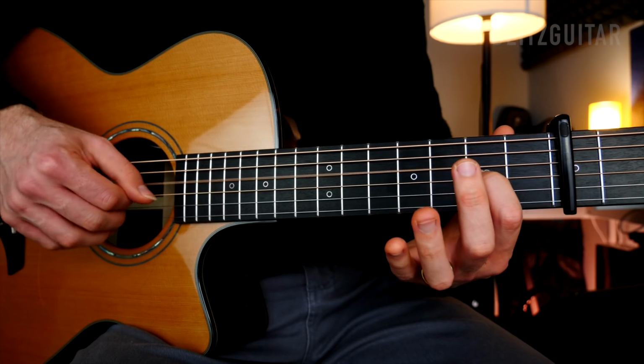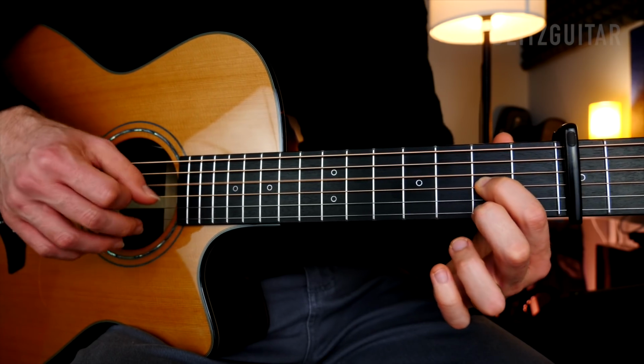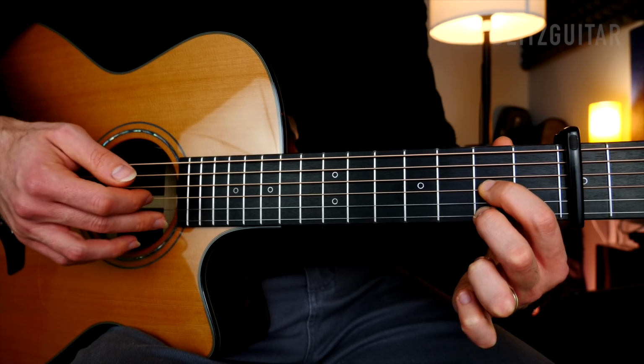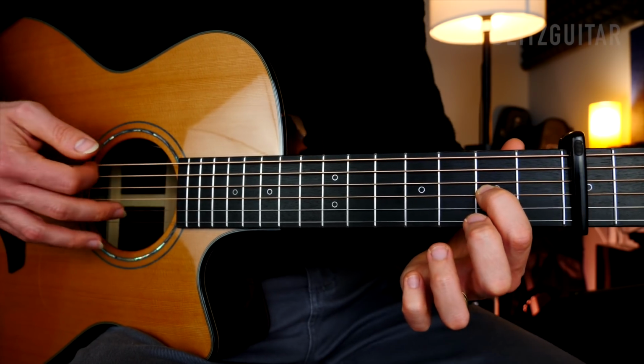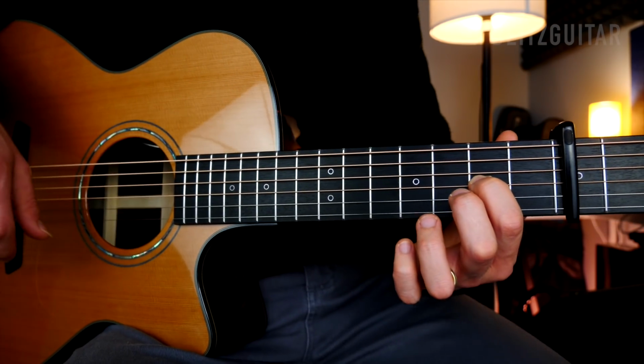Now the second time we play the melody, we kind of changed the D chord as we want to make it a little bit more conclusive. So we play the same pattern, and we have the melody on the E string fret number 2, E string open, the G string fret number 2, and the B string open. When you put the whole thing together,